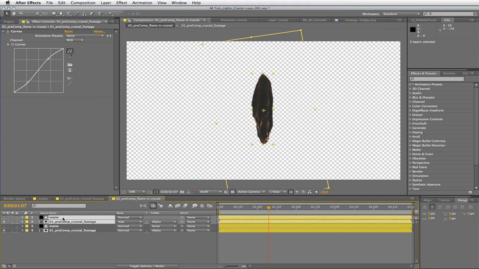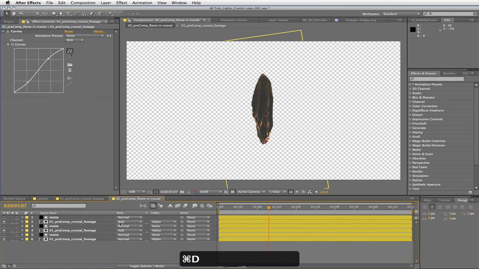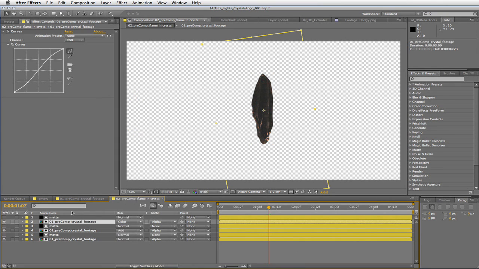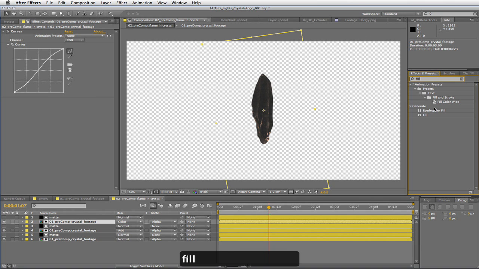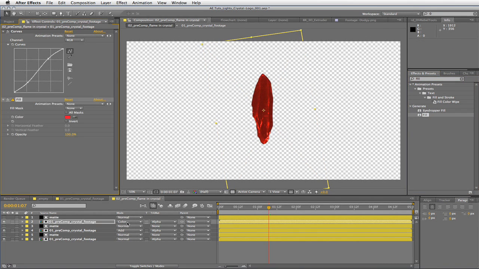Now let's make another duplication. This we're going to set to color, and let's go over to the effects and presets palette and select fill. Drop that on our color layer, and it defaults to red. You choose whatever color you want. I prefer blue, but since we're going to be changing the color of so many different layers, either with the